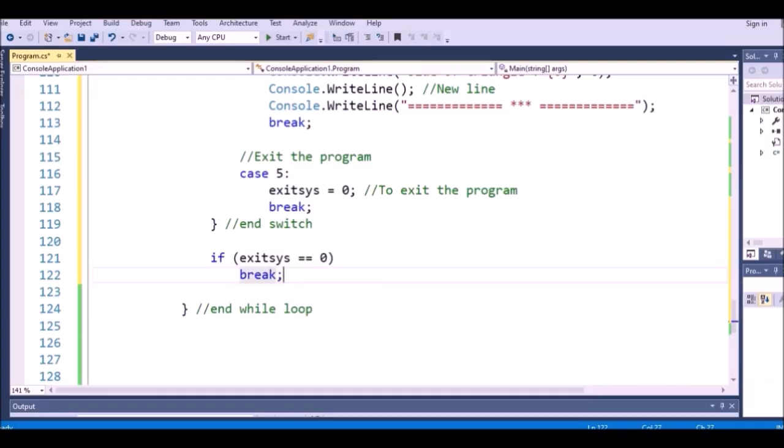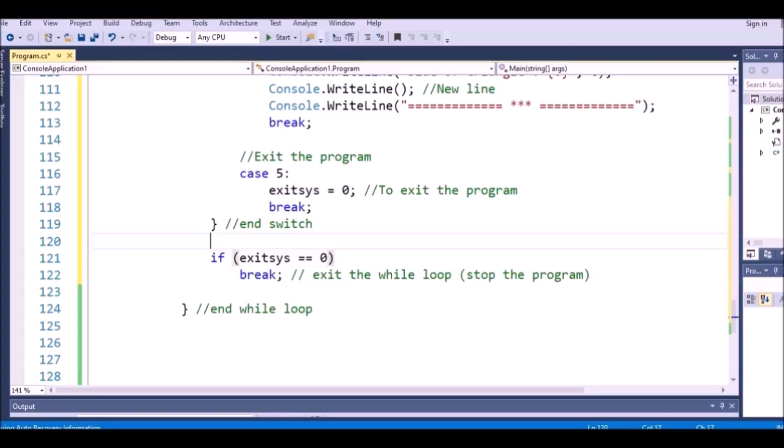So when we exit the while loop, that means we stop the program, right? So in here we can comment this, exit the while loop, or you can say stop the program, right? Okay,